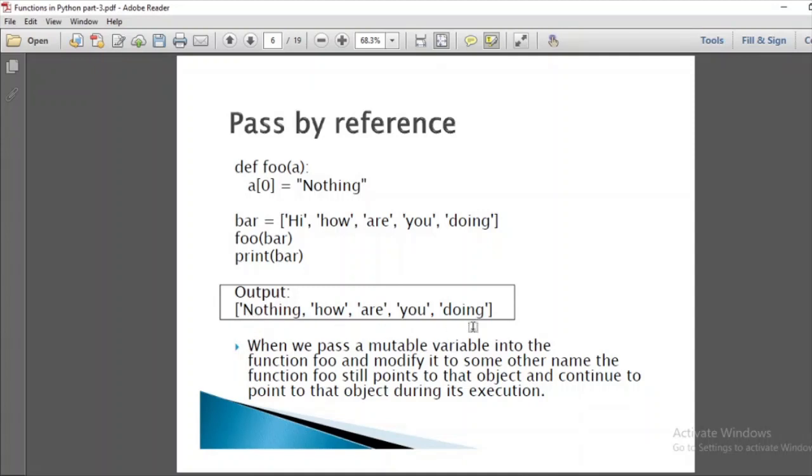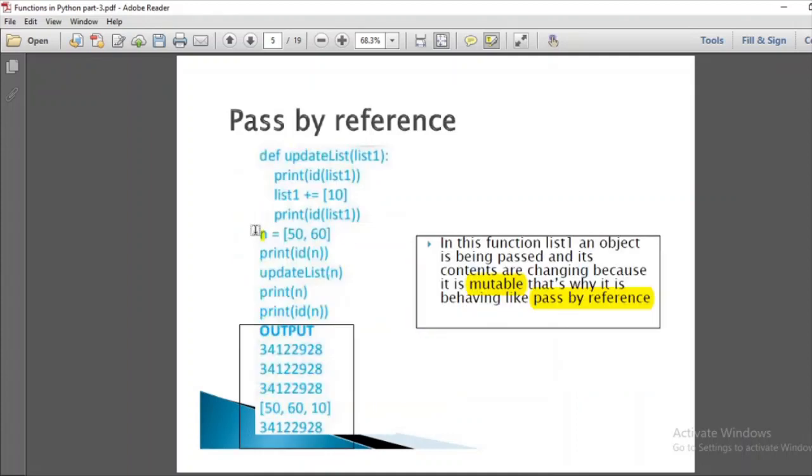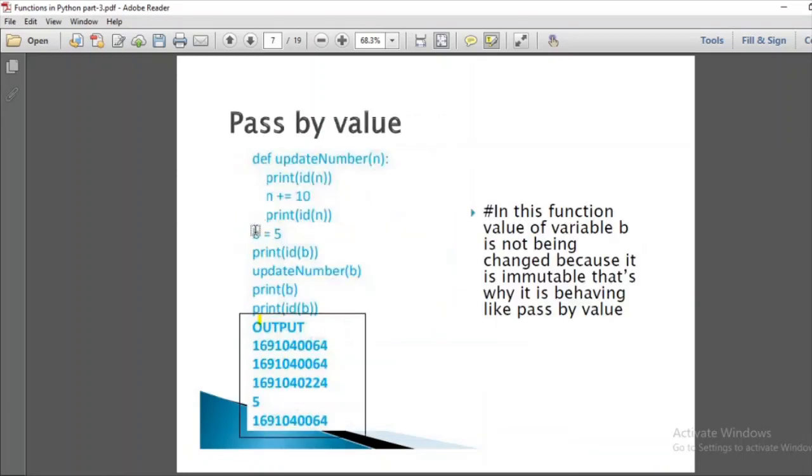It will be changed because list is a mutable object and things can be changed. So the function is still pointing to the same object and continues to point to the object during its execution. You can run this code and can check the ID of the bar at every different level like we have done here. So it will show same ID.